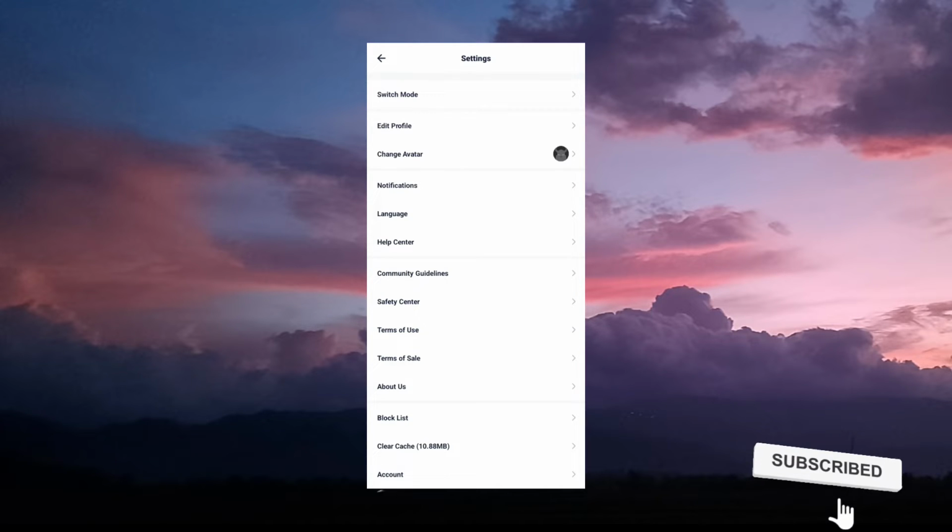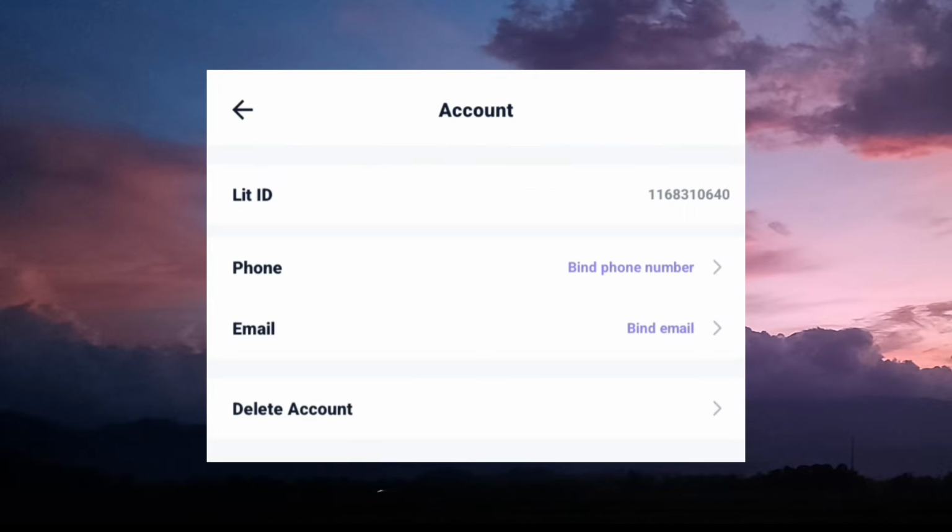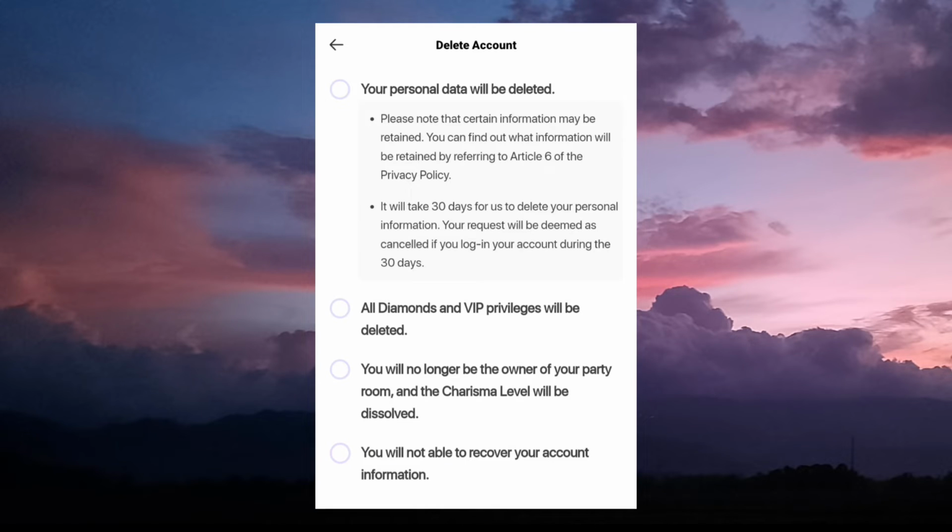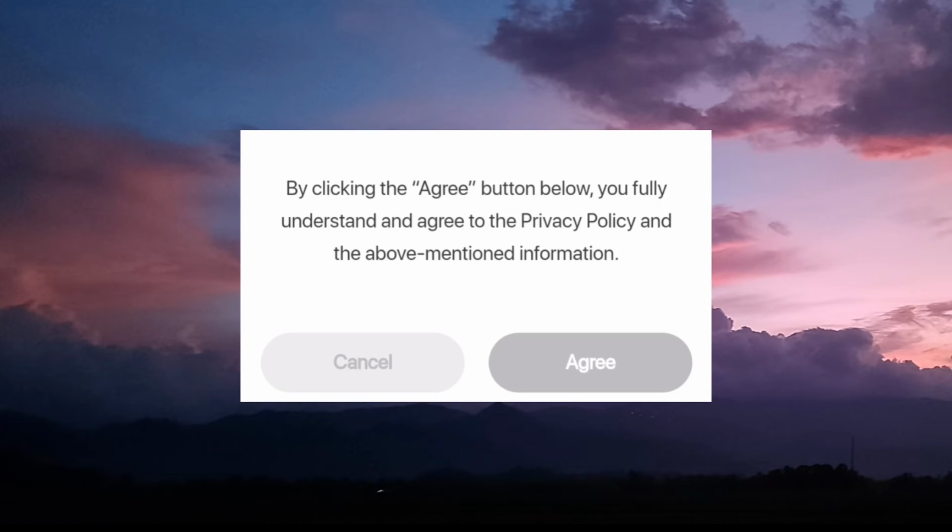So yeah, we are here in the settings. Scroll down and click the account, and here you can see the delete account. There are 4 choices in here. Your personal data will be deleted, all diamonds and VIP privileges will be deleted, you will no longer be the owner of your party, and charisma will be dissolved. You will not be able to recover your account information. So if you agree,